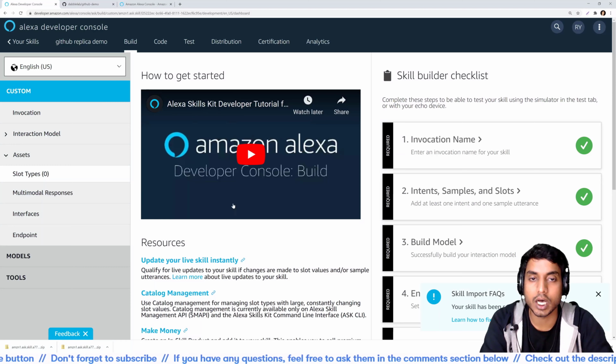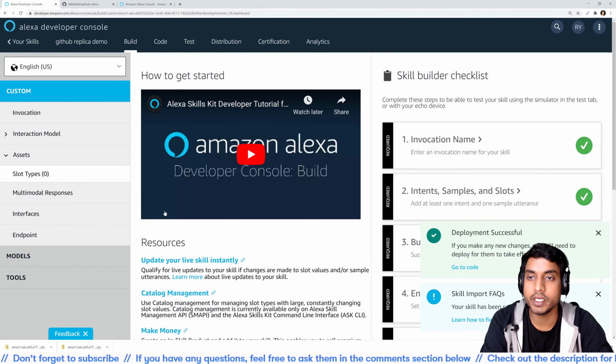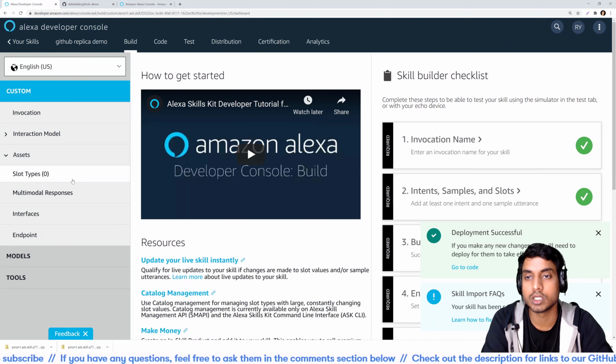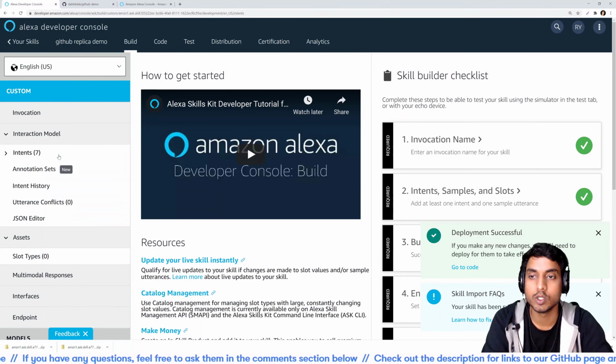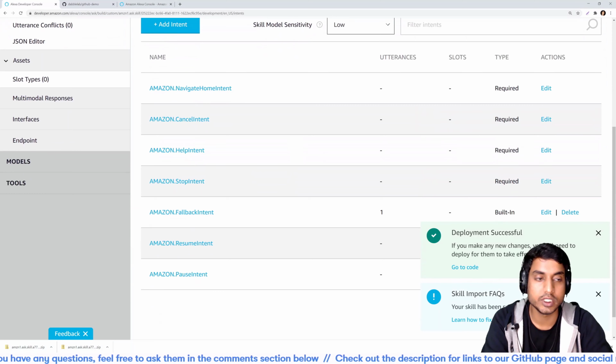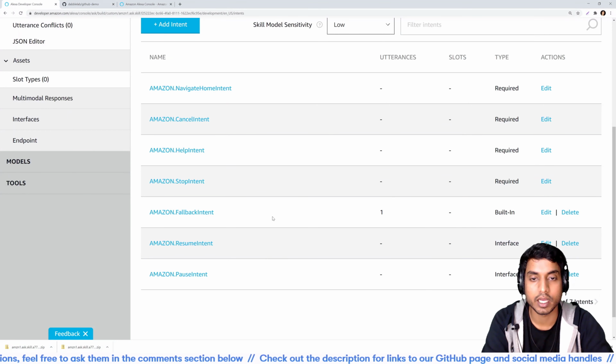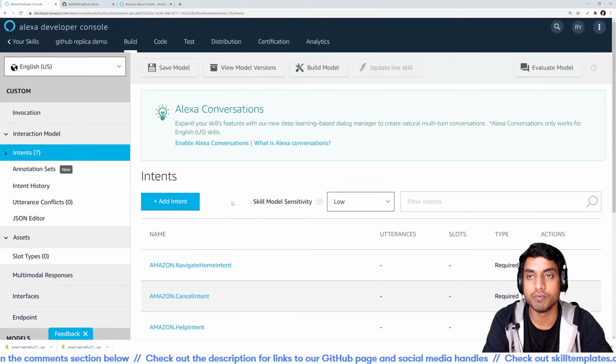As you can see, our replication process is now complete. To show you, I'll show you how the interaction model looks. If I go to intents, you can see here that it contains several intents, and they are the same as the intents which were included in our previous skill.